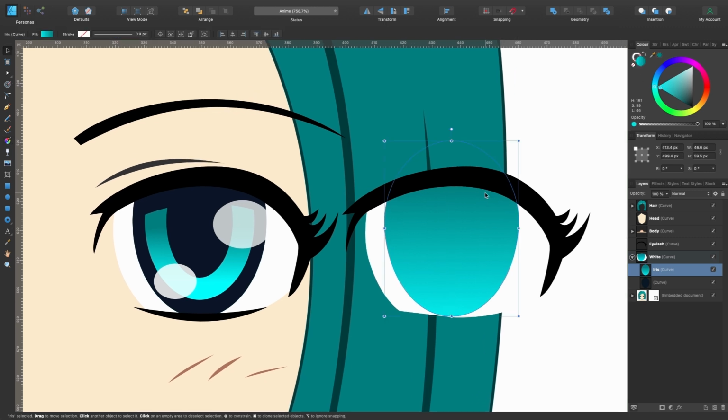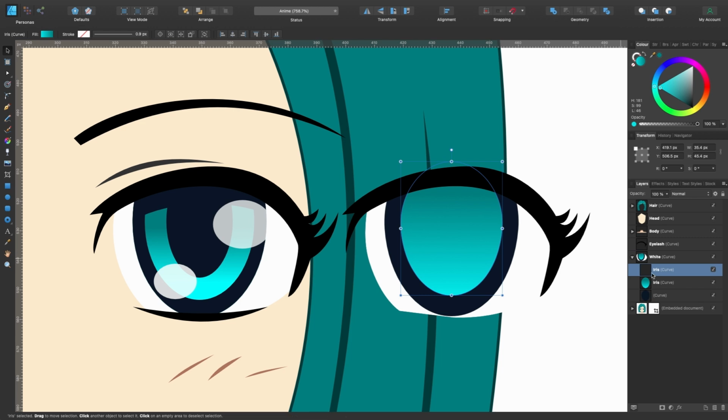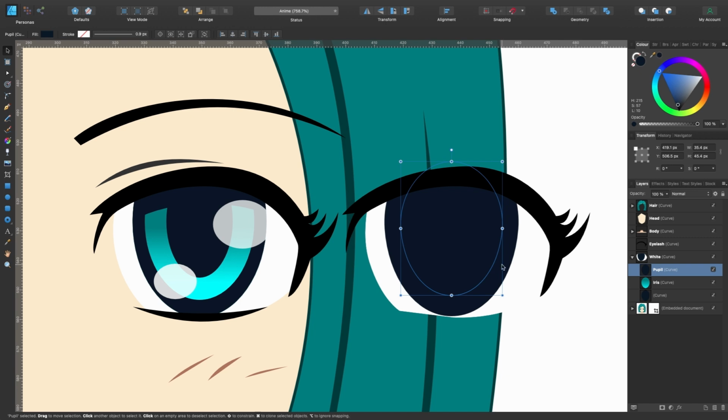Now I'll press V, the move tool, and let's make this a little bit smaller, shall we? So I'll just press Command as I'm doing this, so it goes in from the center there. And from this point, I will just press Command J, and we'll duplicate that, and we'll make this one the pupil. So pupil, and let's just make this the same color as the pupil on the original one. And we'll make that smaller again. So Command, click and drag in.